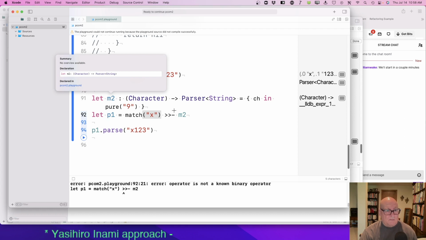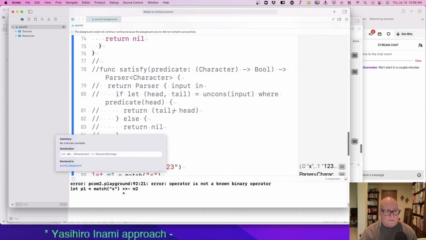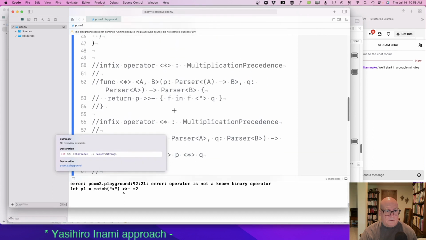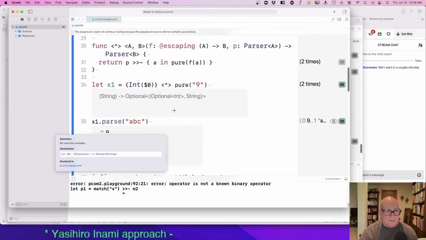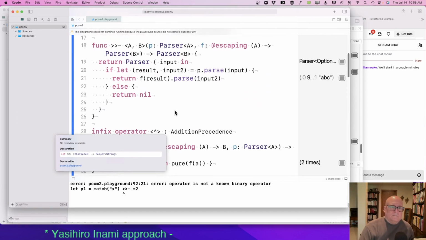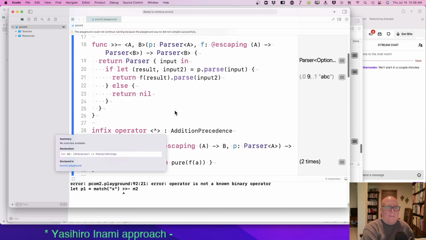So that greater minus m2 is character. m1 was parser of character.